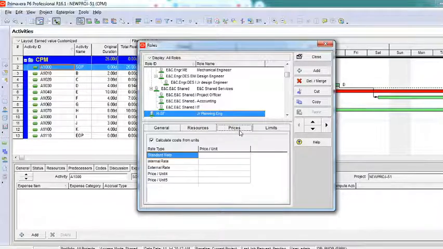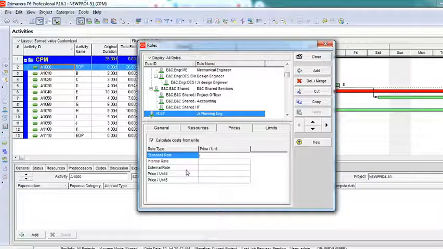And then I click on this prices. This is what I told you I'd explain later when I was creating a project. We had 5 different things here: standard rate, internal rate, external rate, unit 4, unit 5. What do you mean by this? Standard rate is the default cost. For example, any human resource has an XYZ salary, say about 30,000 rupees per month. Divide by 30 days, 1,000 rupees per day. This is the standard. Now, what are internal and external rates?